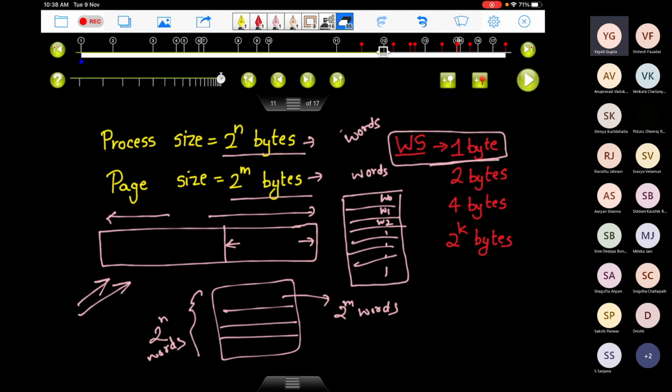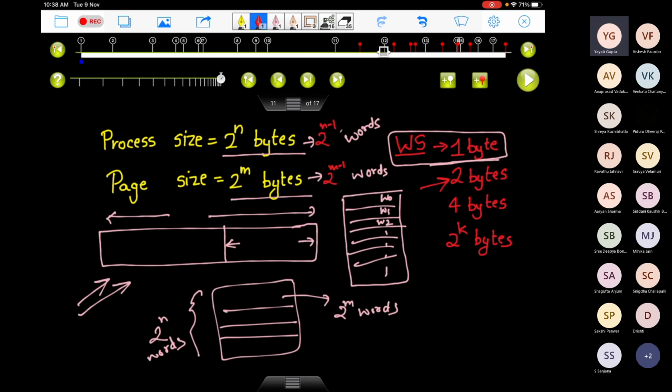So how many words do you have in the process now? Your entire process is 2 to the power n bytes. One word has 2 bytes. How many words do you have in the process? 2 to the power n minus 1, right? 2 to the power n divided by 2. How many words do you have in the page? 2 to the power m minus 1 words.